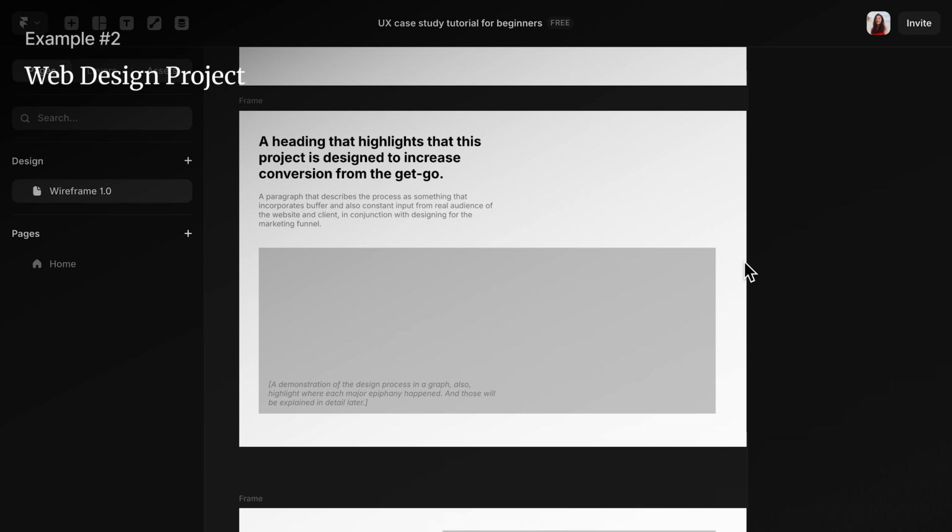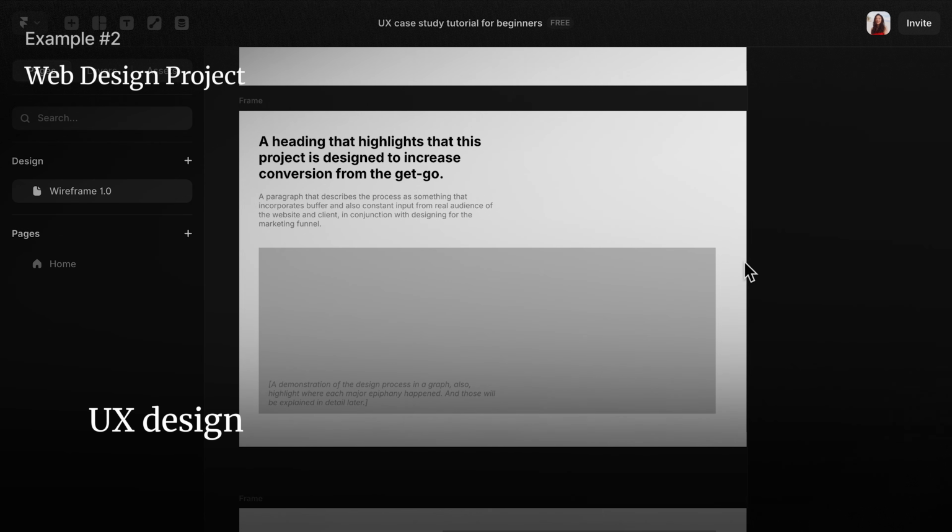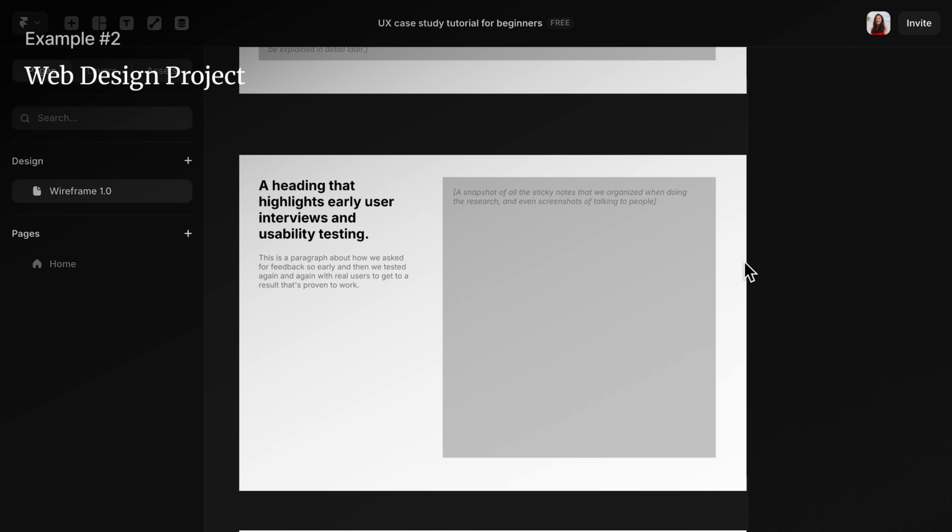Now let's look at another example. This is a landing page design case study. For the first page, I decided to highlight that I was not only designing from a UX design perspective, but also from a marketing and development perspective. The landing page was built to increase conversion, and every decision connects back to the sales funnel. And in addition to thinking about marketing, I also developed the site in Framer, and I will mention that as well. Then the next page is about how frequently I talk to real users during this process, and I will use real screenshots to prove that these conversations actually happened.